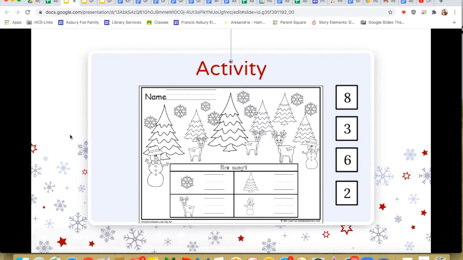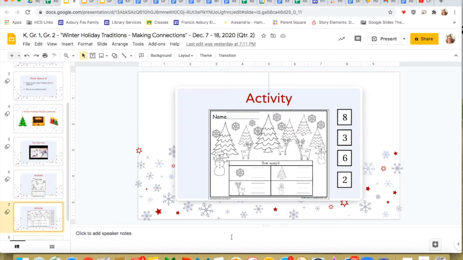Okay. All right, good job. Hopefully you printed them out and you came back. So we are going to do this activity together. So what we're going to do is we're going to count each one of these objects and then you're going to write the number right here next to it. Okay, and we're going to do this together. And I want you to count while Miss T's counting too, okay?